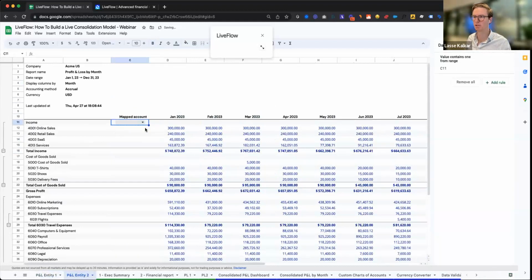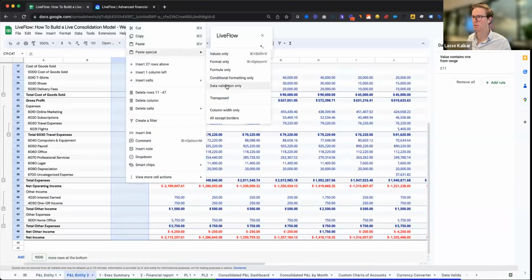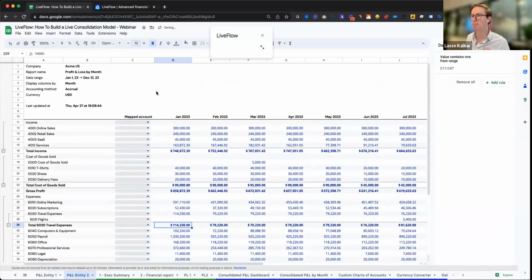Here we go. And then we can do the same thing again and hold this down, and do data validation only. And by the way, in case this is new, this is often hidden in Google Sheets. I don't know why they don't do a better job of promoting it, but when you want to copy a cell to somewhere else and you don't want to copy all the formatting and everything else, highly recommend right-clicking and